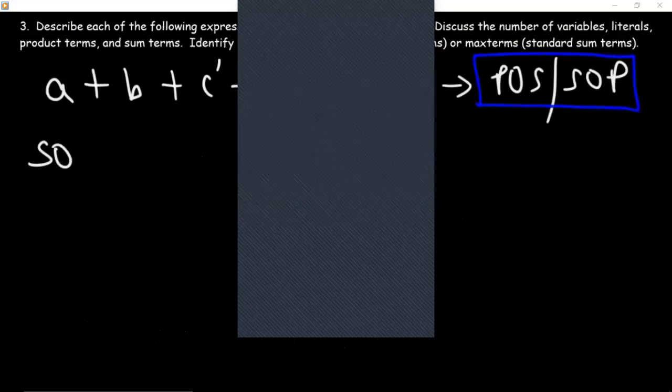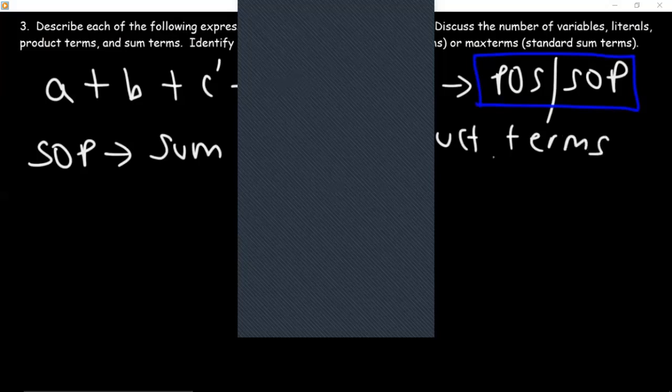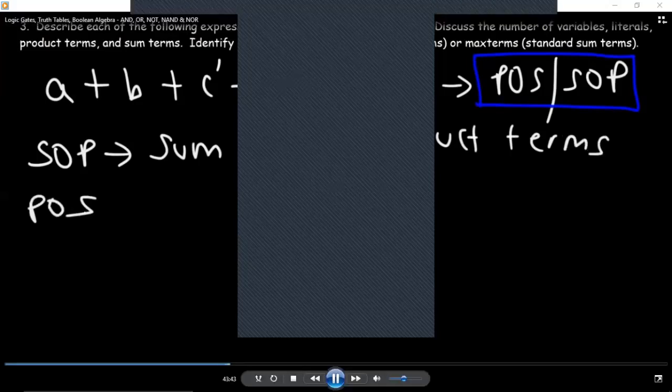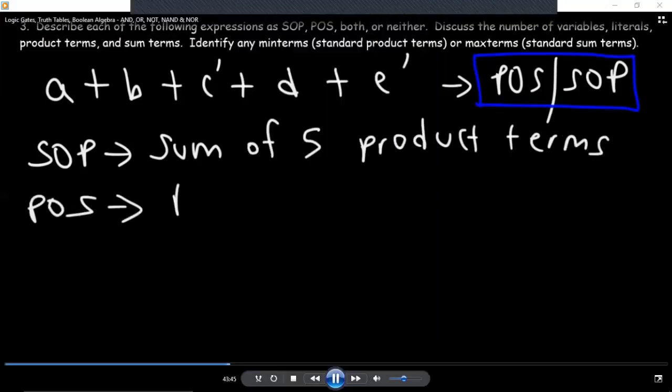So as an SOP expression, we can say that this represents the sum of 5 product terms. And as a POS expression, we could say that this represents the product